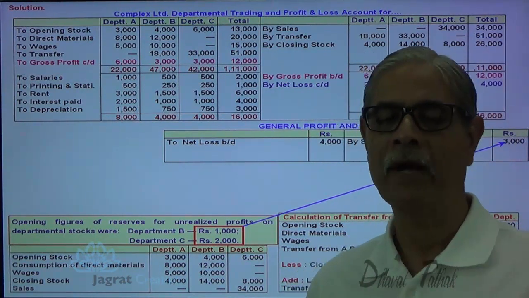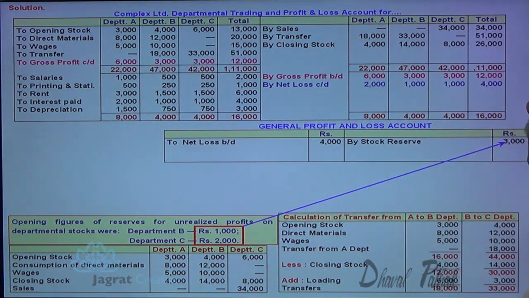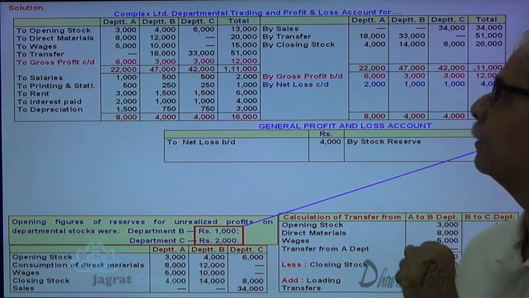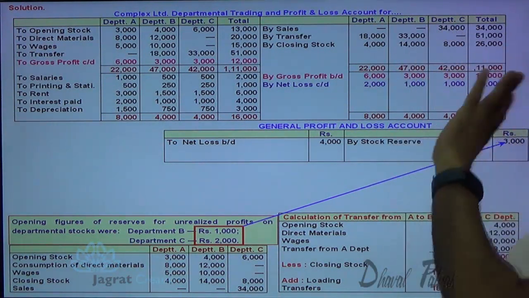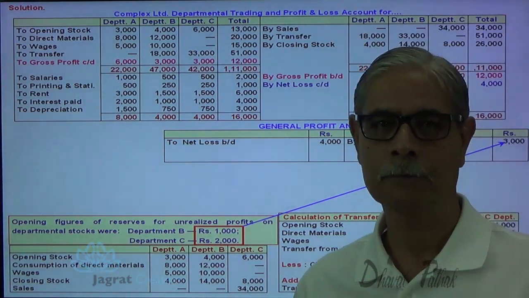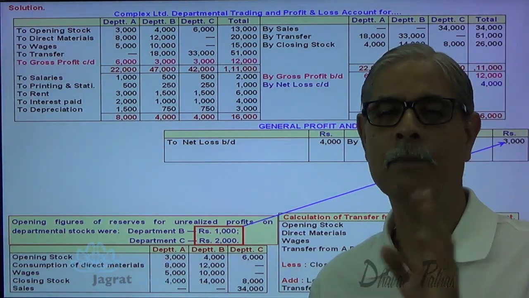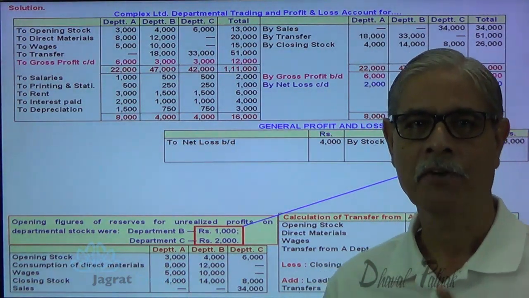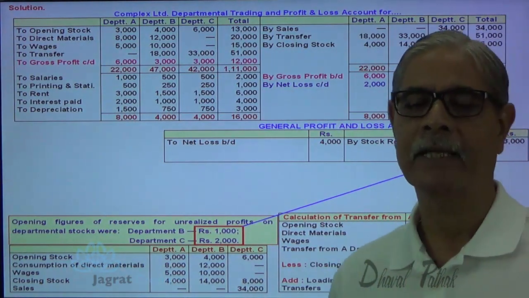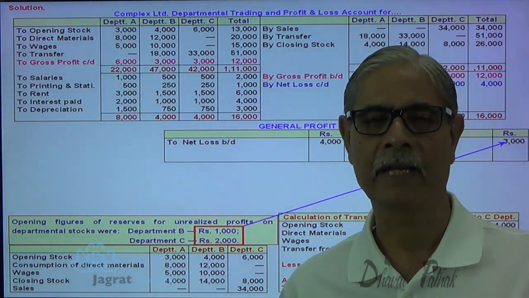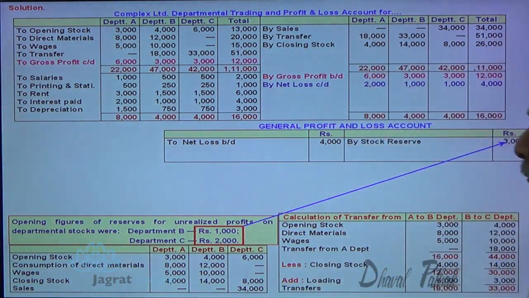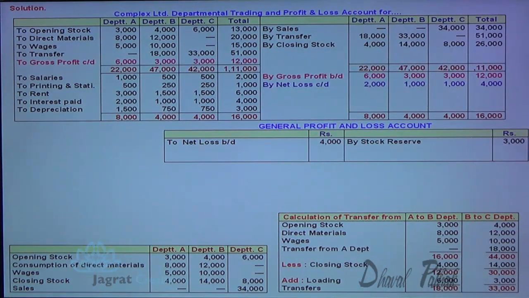Now I want to find out the unrealized profit element in the stock of B and in the stock of C. That I want to find out. And that unrealized profit in closing stock will be debited to general profit and loss account and a stock reserve gets created. Now let me find out. Computation of unrealized profit in closing stock, stock of B,